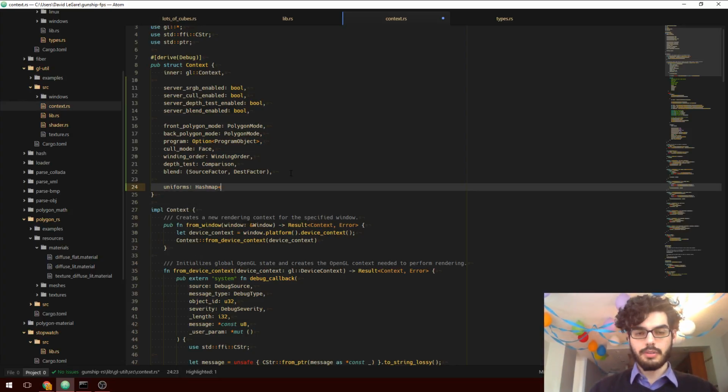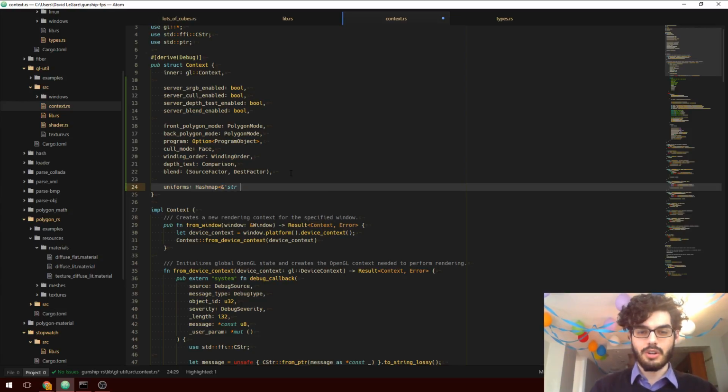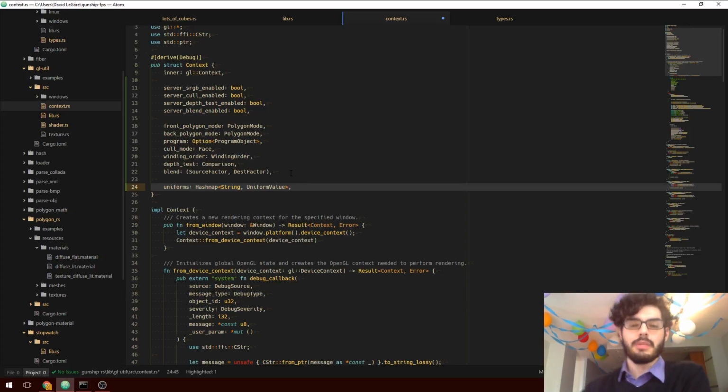So I could do something like a uniforms hash map, and then it would be like a string value. They're not called strings in Rust. I'm a Rust developer, and I'm getting it wrong. Too used to doing C# development. Ref static strings, that's actually probably not even right, so I probably do want strings. So probably a hash map from string to uniform value. So it'd probably be something like that,